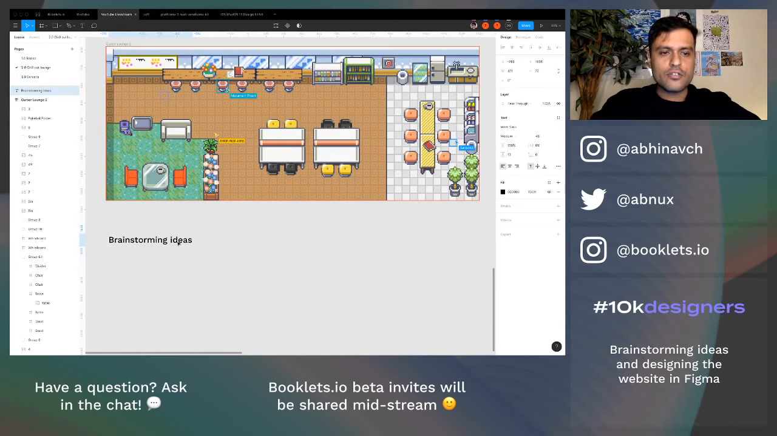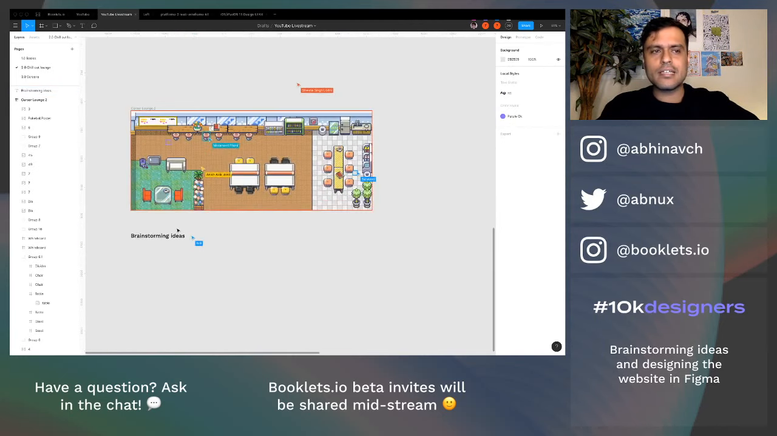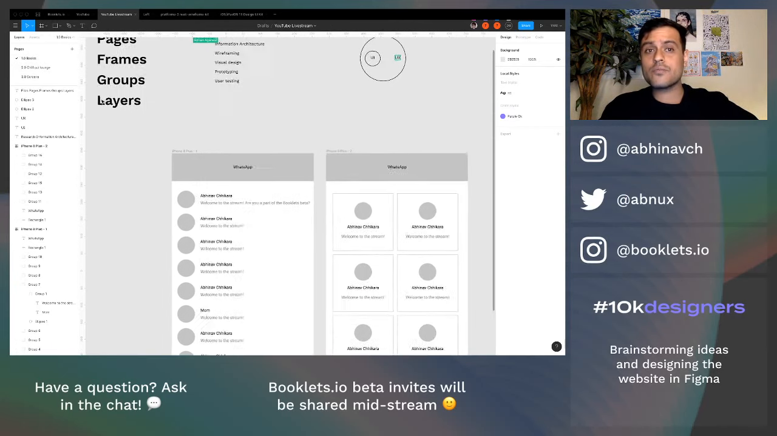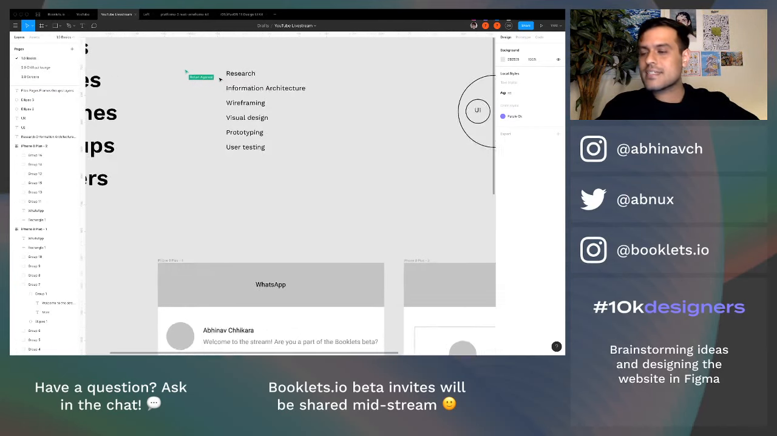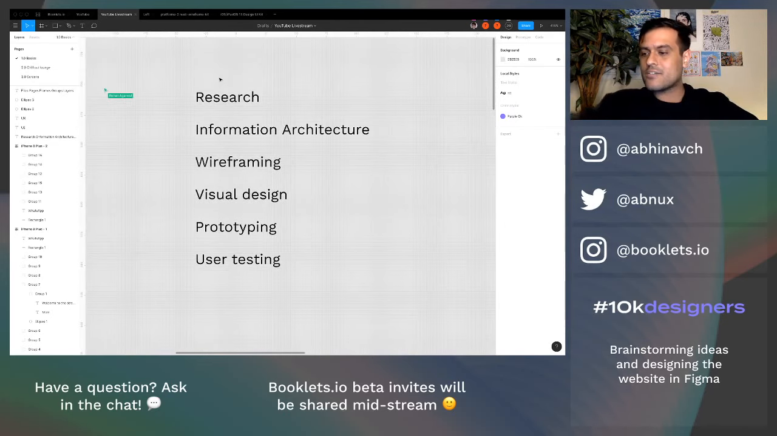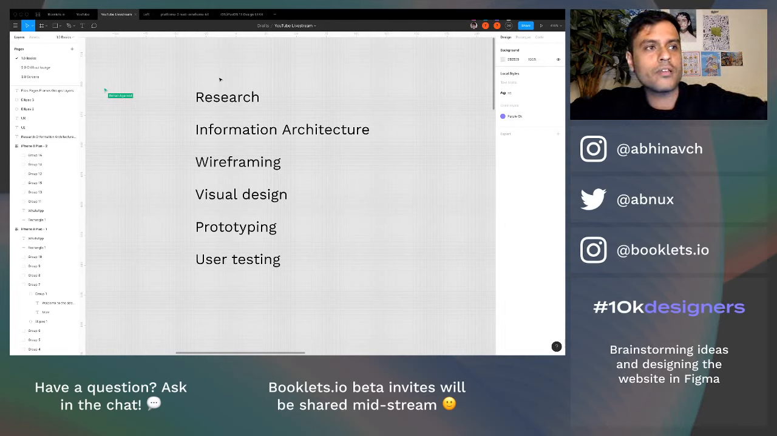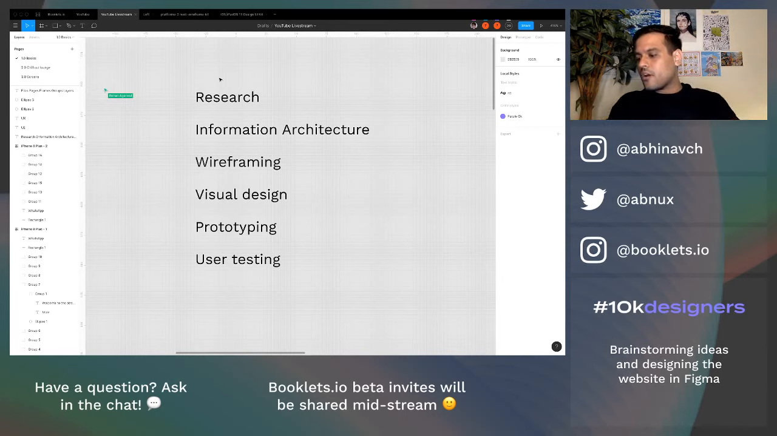All right, so we're going to start off with the brainstorming part of this. Roughly, if you look at the design process we talked about, the first step in any design process is to do research. And the way research works is very different based on what project it is. So, let's say if you were working at a startup,